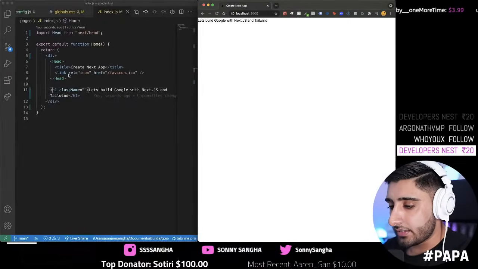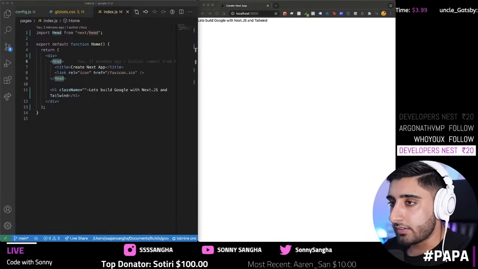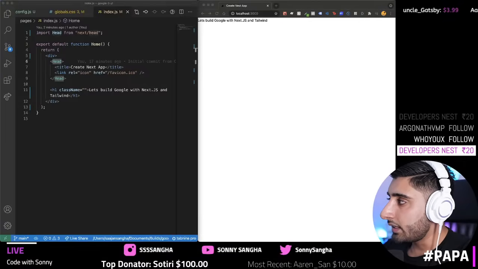The first thing in Next.js, so this is actually Next.js, we have this nice little Head component. The Head component is really, really nice because you can do extremely cool things such as